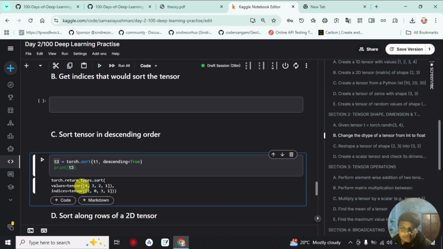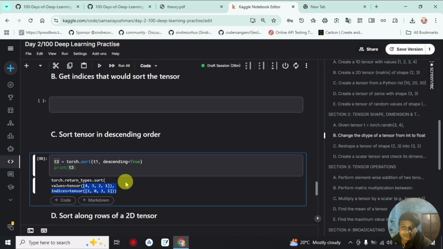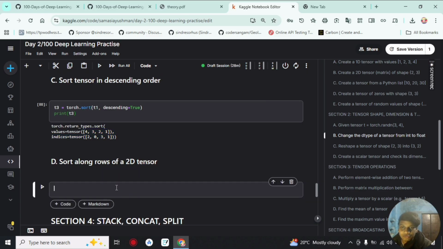We see that now the tensor is sorted in descending order. At first it was in ascending order, but now it is in descending order. Now we have to sort along rows for a 2D tensor. So we create a new